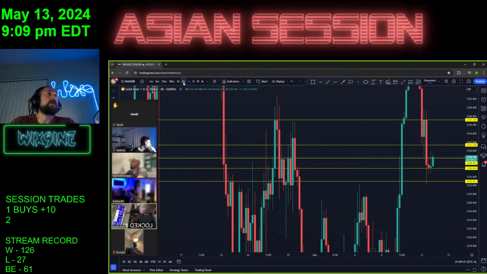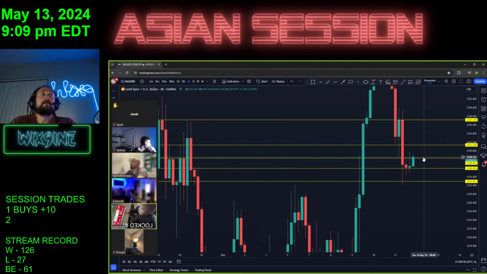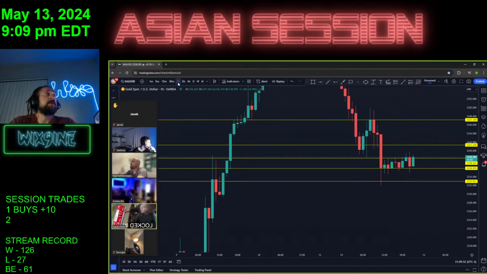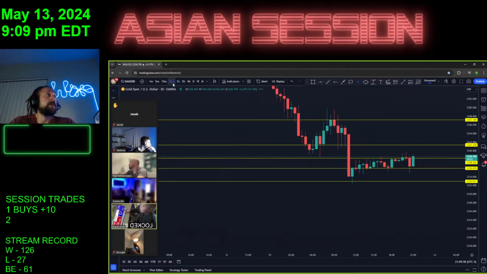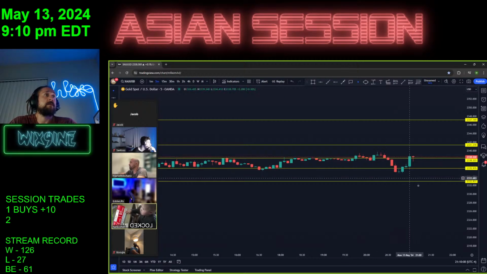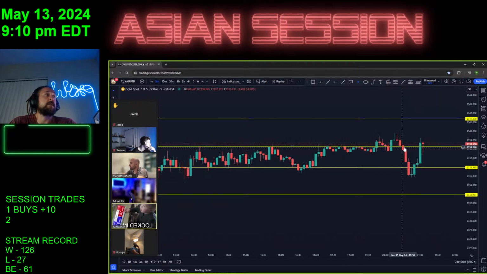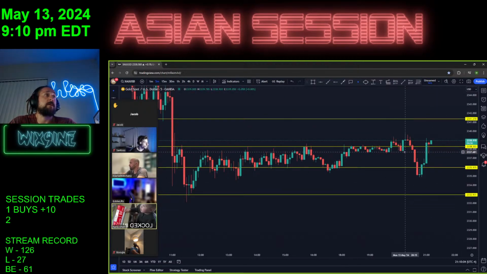Wow, this 4 hour is so interesting. At any moment this 4 hour could come down heavy and flip. The only way to confirm that is to get a steep bottom wick to the previous support. This might be that bottom wick into the previous zone, right? Reject it pretty nicely off this area. We'll see. Till a candle on the 5.